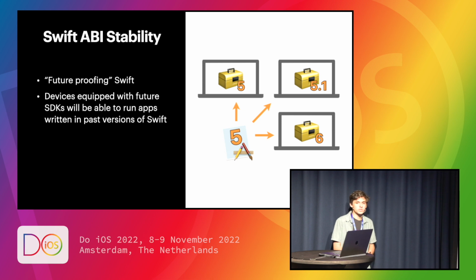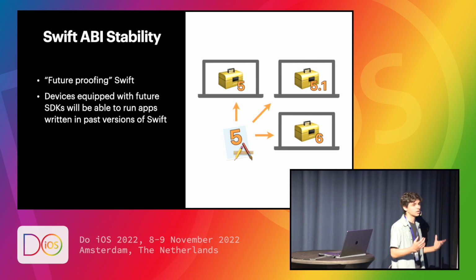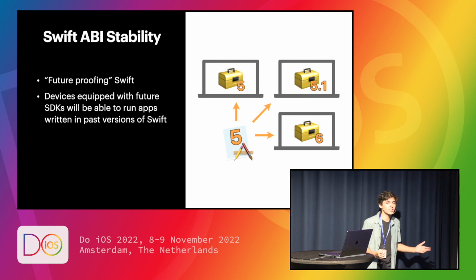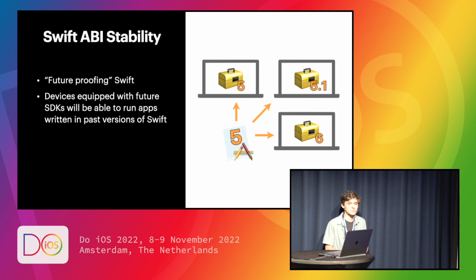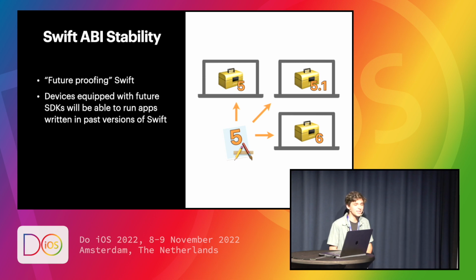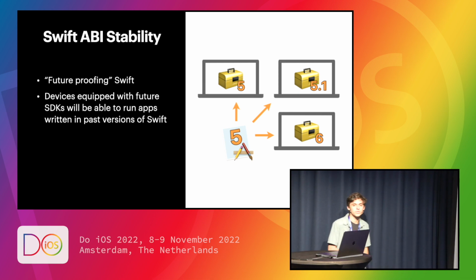Now that Swift is open source, version control becomes a huge issue to look at. This means that an app compiled with, let's say, Swift 5.0 is going to work on a device that has Swift 5 and Swift 5.1, and in the future, possibly some sort of Swift 6 that finally comes to be. They really pulled an OS X here, where you have Swift 1, 2, 3, 4, 5, and then 5.1, 5.2, 5.3. Maybe one day we hit Swift 6, and I'm confident, now that we have the ABI stability, that even Swift 6 will support the apps that are created using Swift 5.0.